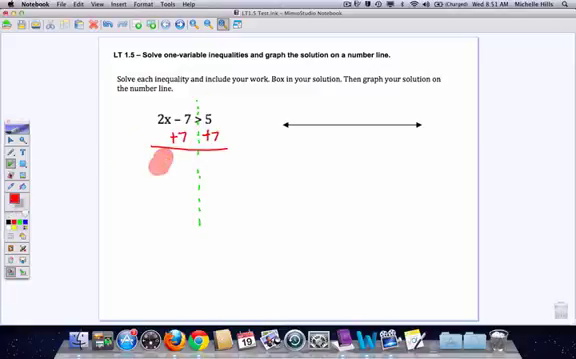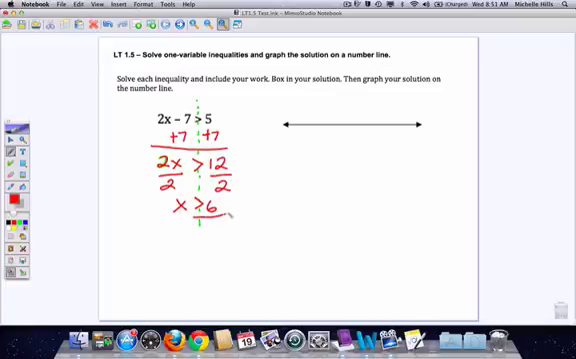I'm going to end up now with 2x, and let me change the color. 2x is still greater than, because I didn't multiply or divide both sides by a negative, and then 5 plus 7 is 12. At this point, with a single variable term on the left and a single constant term on the right, to isolate the variable, I would divide both sides by 2. Since I'm dividing by a positive 2, the inequality symbol stays a greater than, and I end up with x